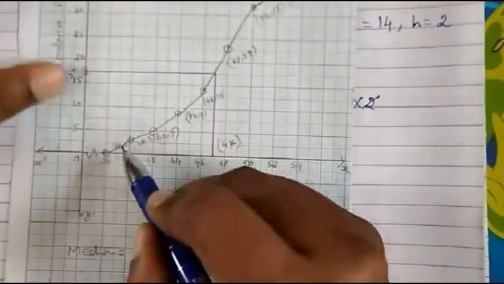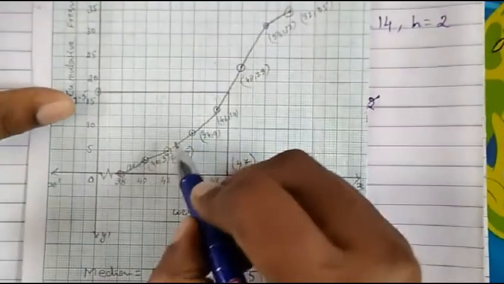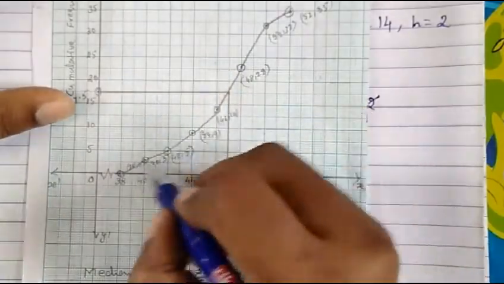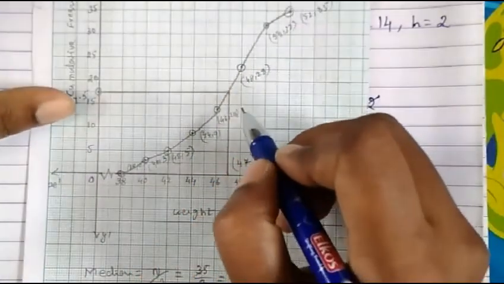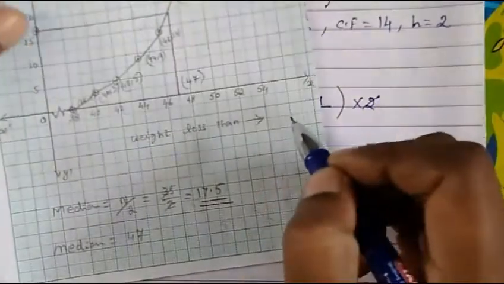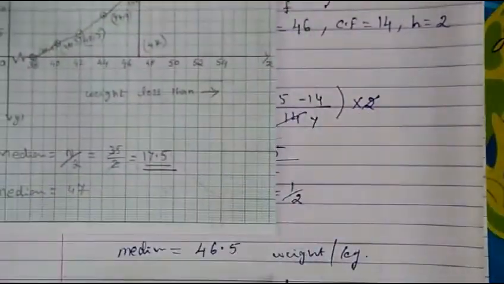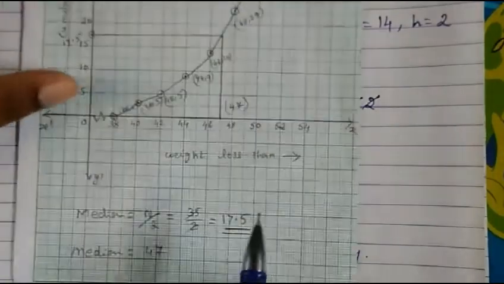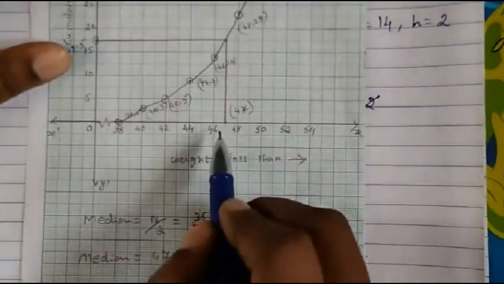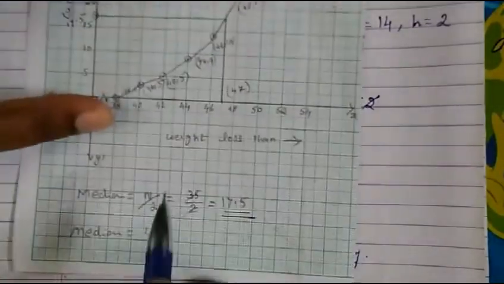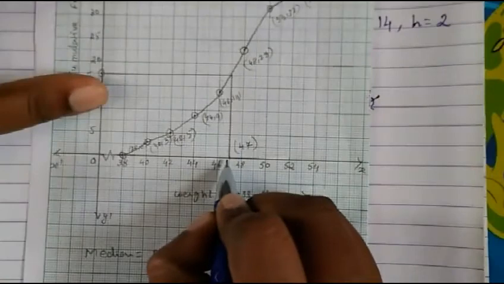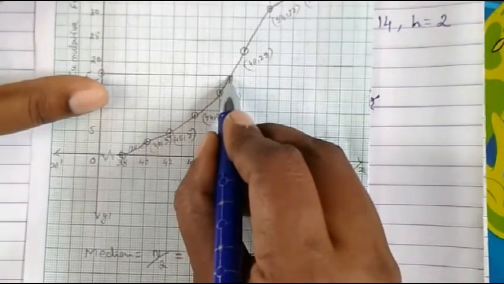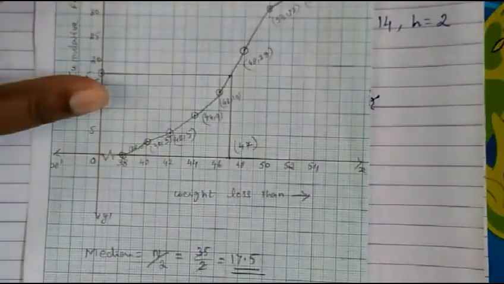Because we draw this graph with a free hand, there will always be a difference. See, this line I can take this way also, this line I can take this way also. With the hand we are doing, so there will be a difference. So whenever it is asked to verify between the graph and the formula, whatever calculation you are getting, you have to adjust in the graph. So we have to adjust such a way that we get 46.5 here also. So 46.5 means this line should be just here. So I have to draw up from this point. So just adjust the graph.